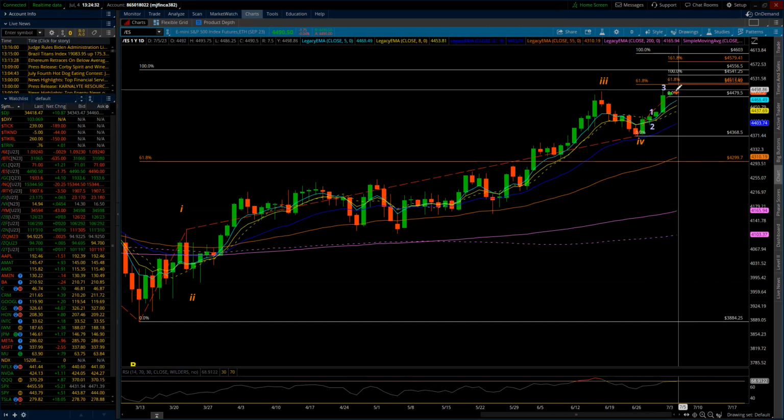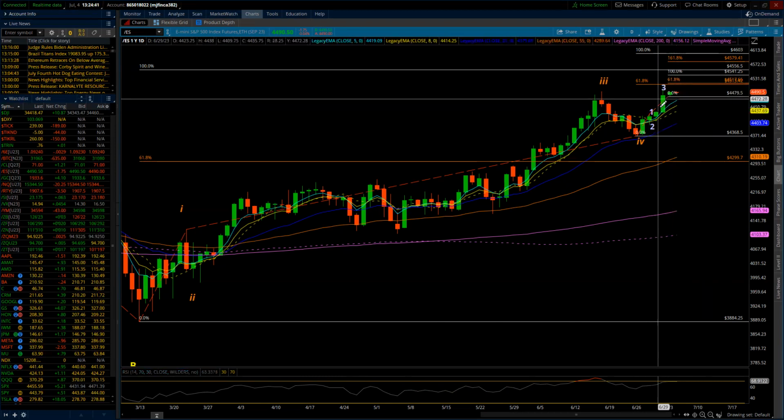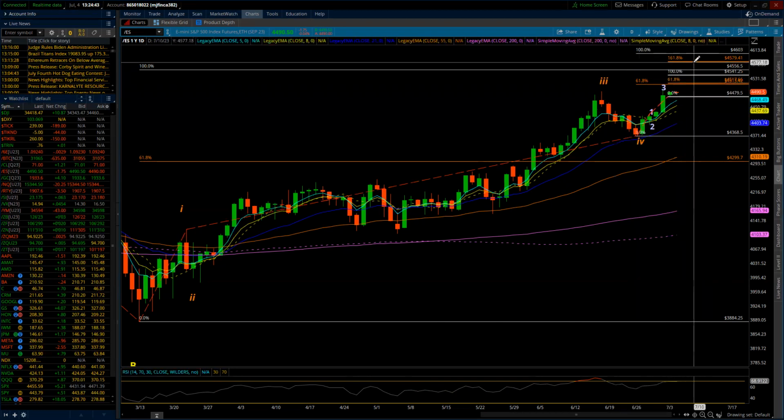Tightening up a little bit because we've just been basically very slow and low volume yesterday and today. So again, nothing new. We're still looking for additional upside, but I do believe we're reaching a conclusion. I cannot tell you exactly where that's going to happen, but we're now building some points.